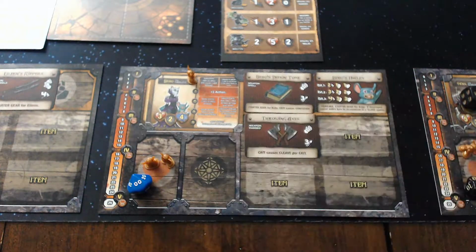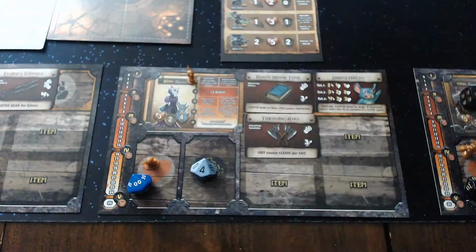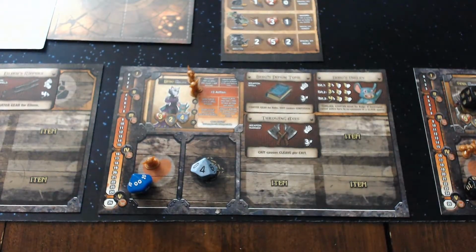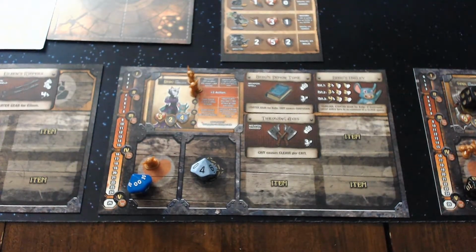Now at 4, she gets another ability. In this case, we don't pick it, right? It just happens, but it is another action. And the experience tier spawn happens immediately, and